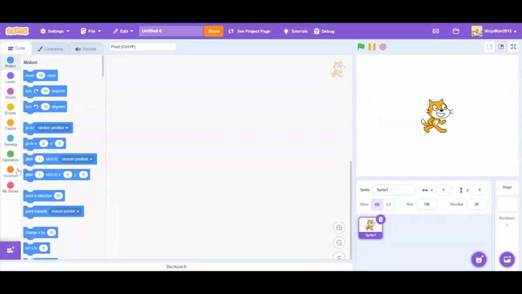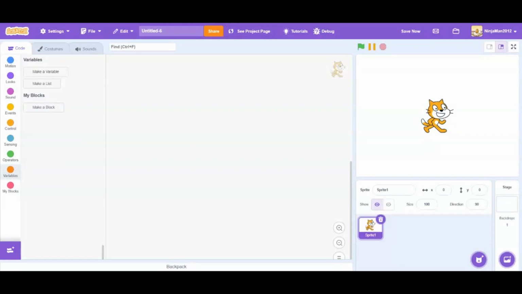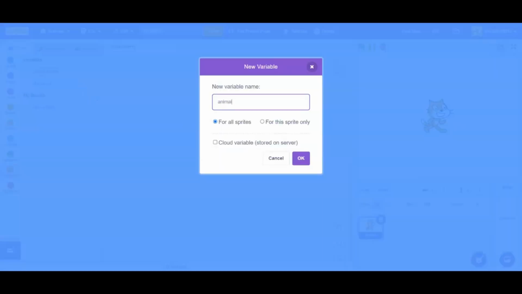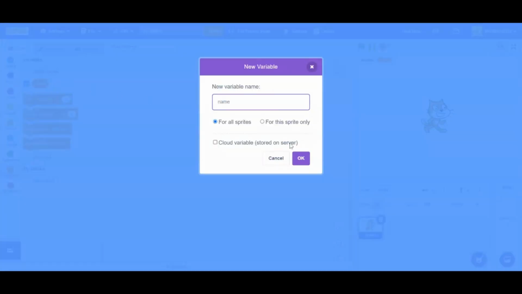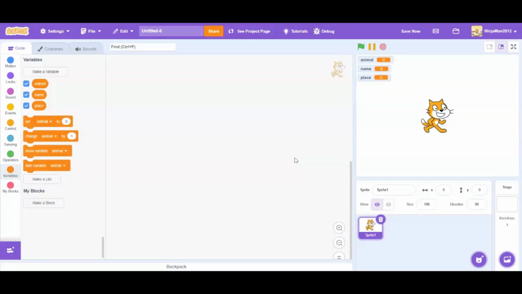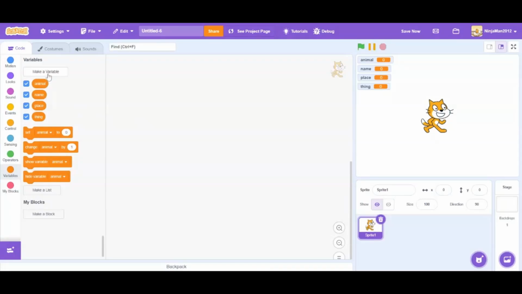So first, we're going to need some variables. You're going to delete my variables, or rename them, or whatever. I'm going to make my MadLibs related to certain things, so you're going to say animal, name, place, and you can add whatever stuff you want too. You can make it longer, because eventually your sprite is going to say it at the end. You're going to ask what you want it to be, and it's going to merge them all together